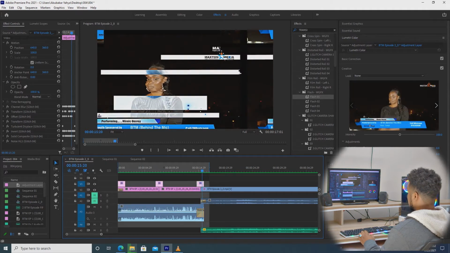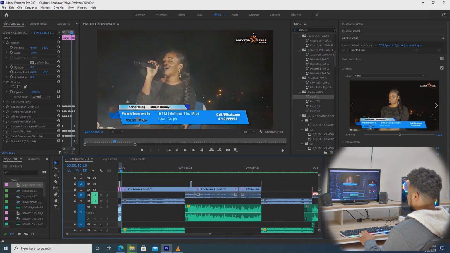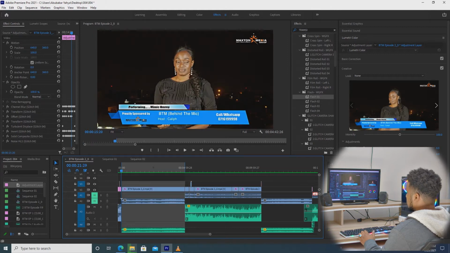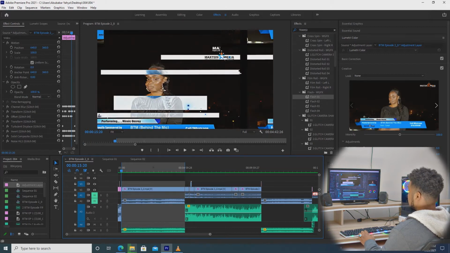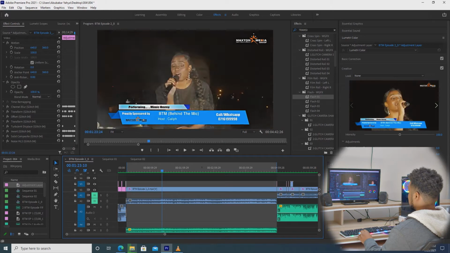And then just after the introduction, I normally open the show with the artist performing or showcasing his or her talent. So I start directly with the artist performing. So basically this shot